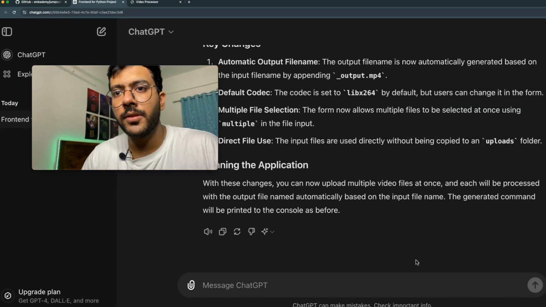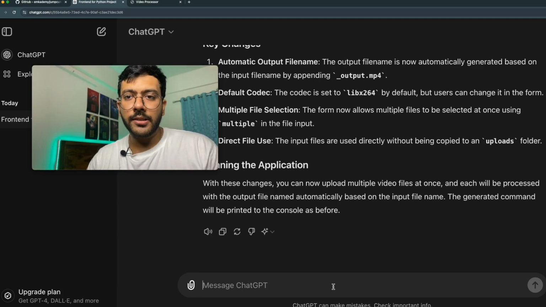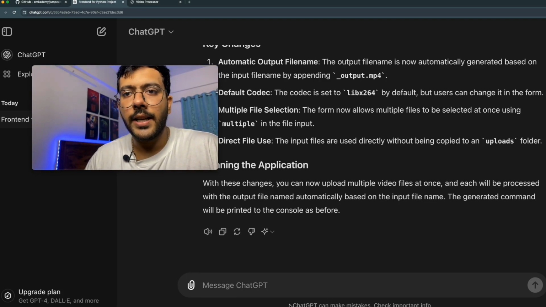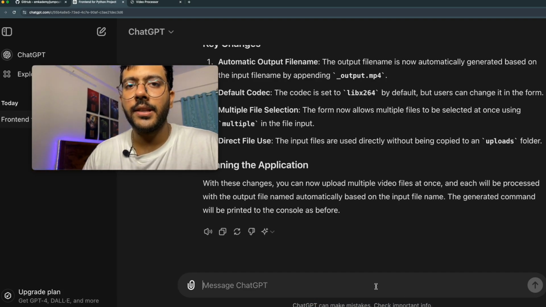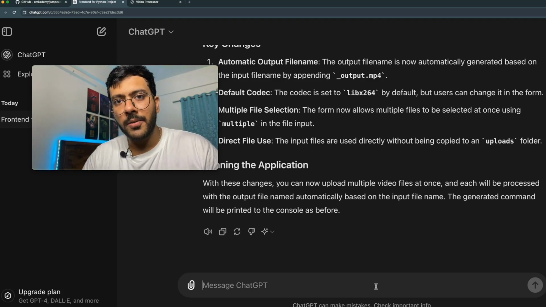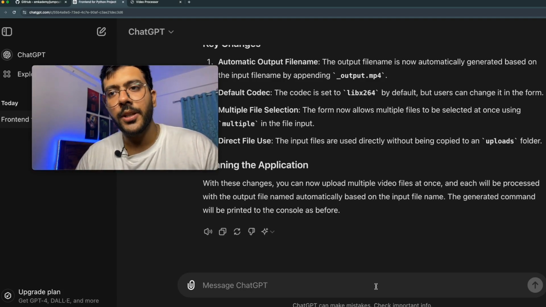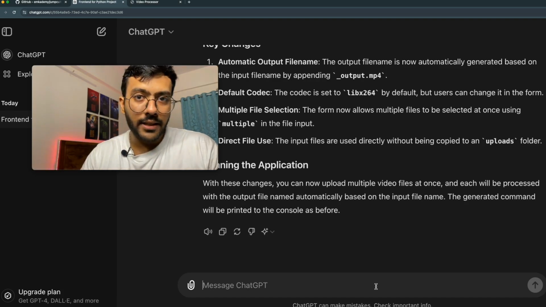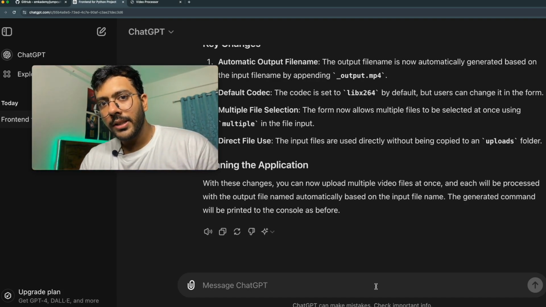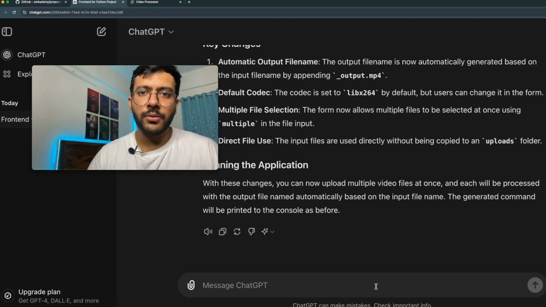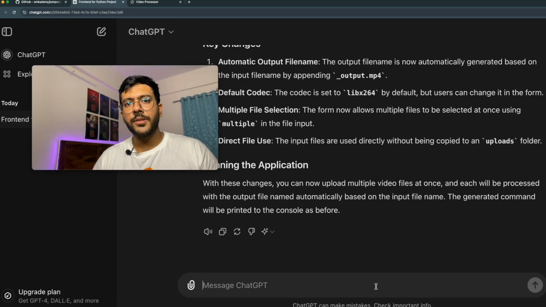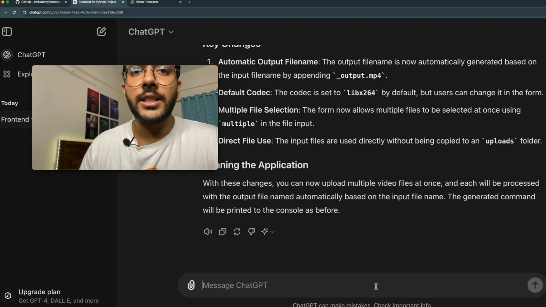As you might have observed till now, ChatGPT does make mistakes or doesn't optimize for the user requirements, and it also says ChatGPT can make mistakes. So this is an indicator that the current level of ChatGPT cannot develop a full-blown application. It needs human input. It has reduced my efforts, that's for sure. I would have taken a whole lot more time to write the code, to Google how things are written in Flask, but ChatGPT knows all that stuff and it wrote the basic code for me. Now my job is to only debug that code. So I will tell ChatGPT,